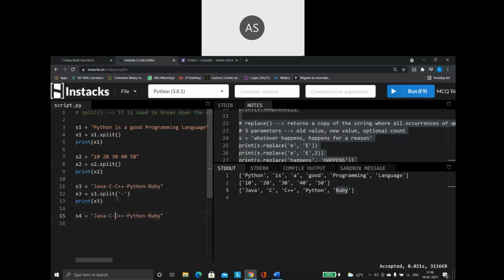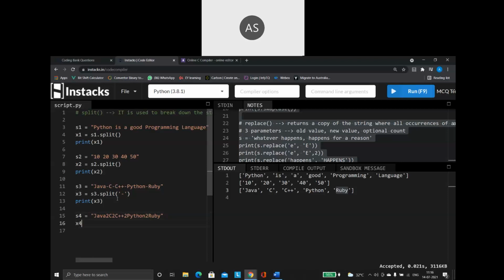Okay, so here, see what I'm giving here? I'm giving the number 2. I'm giving a number value 2.